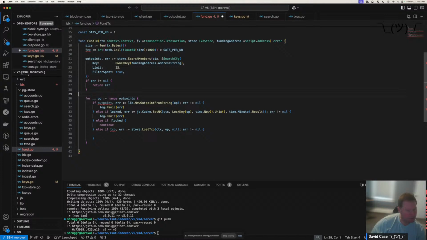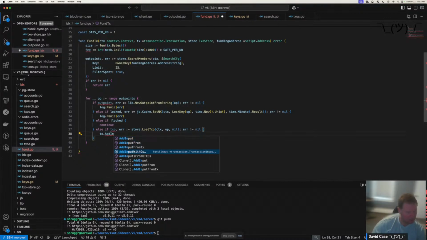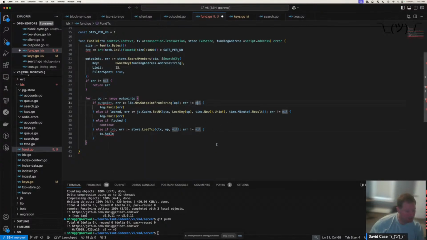So I've got my transaction. I've got my TXO. I'm going to say tx dot add input. Oh shoot, I don't have the keys in this. This might not be where I want to do this process. Really should think these things through before I start my streaming, but it's also kind of the point to just, hey, let my process